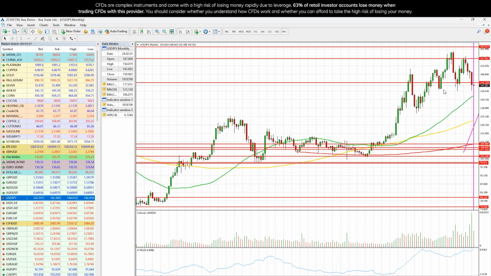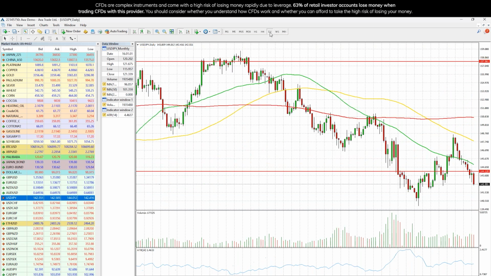Monthly chart looks like we're hanging in the air here, possibly ready to drop lower. You could see here, we did have a nice recovery from the recent lows. Here we made higher highs, higher lows, and then the past 2 weeks we just went down, retesting this support here around 142. That's on dollar yen.